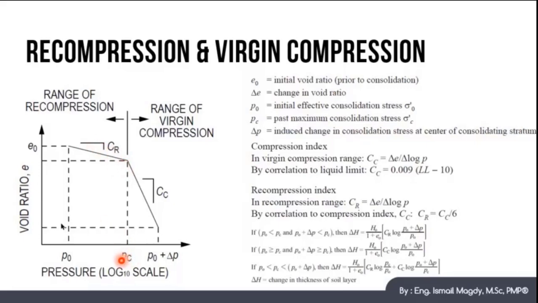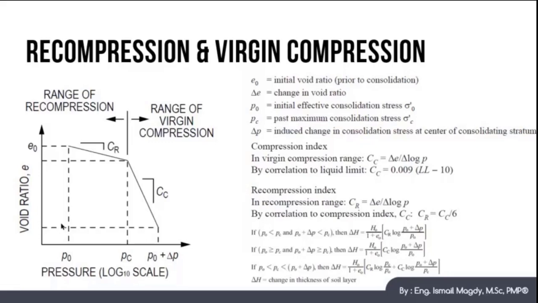After that, the pressure keeps increasing till it reaches P naught plus delta P, and now this is the range of virgin compression, and the slope of this range is called Cc. Now we can see clearly that the slope of the virgin compression Cc is higher than the slope of the recompression Cr, and the relation between compression indices is shown here as Cr equals Cc over 6,